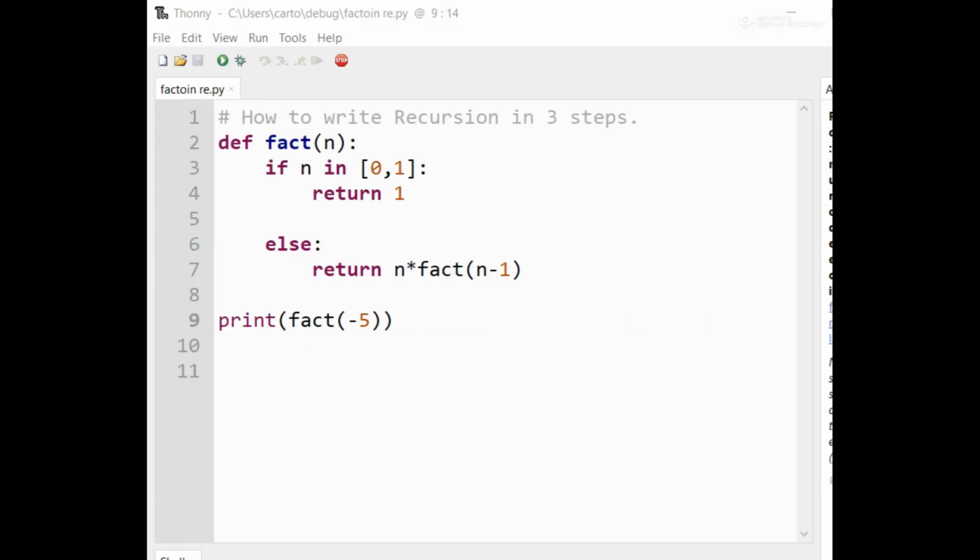Now I'm going to write our third step, and basically the third step is known as the assertion case.